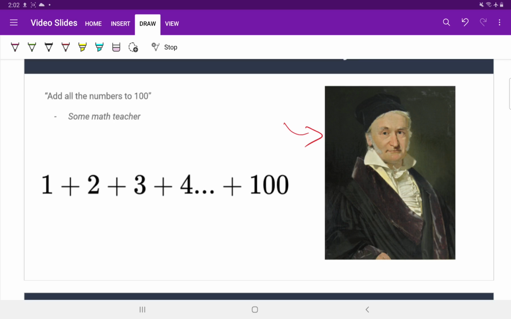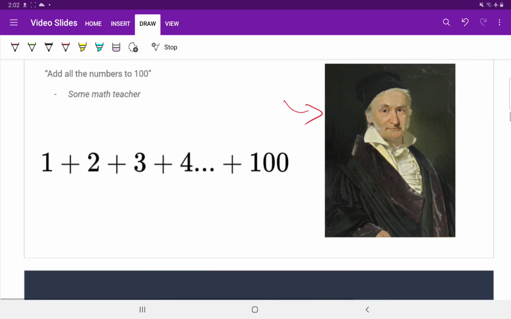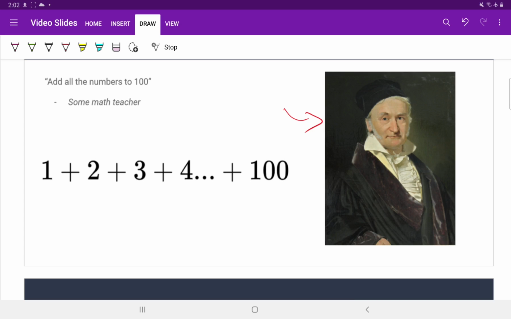And the teacher walks away, figuring that would have gained them a couple of minutes of peace and quiet, maybe an hour. Well, Frederick Gauss here is a smart kid, and he actually figures out a pattern. He sees a pattern and a quick way to do this. What Frederick notices is that he's got to add from 1 to 100, and if he writes the end of the list here, going backwards,